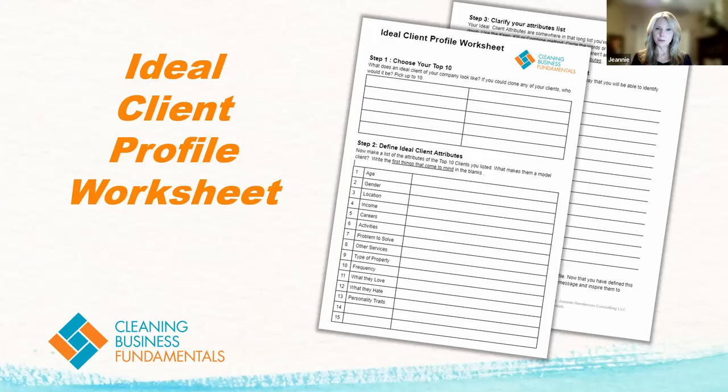So one example of a way to use this: you know who your ideal client is, and you're on a sales call or an estimate. And right away, you start to notice there are things that are not on your ideal client list, some attributes about this prospective client. So you have a choice. You're still in the estimate, and you can give an estimate knowing that they're going to be a difficult client to serve. So you're going to increase the estimate for that reason.